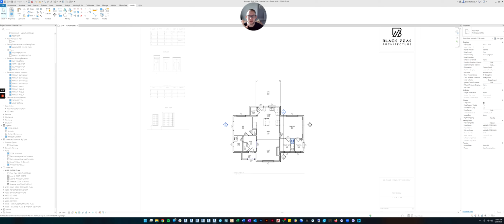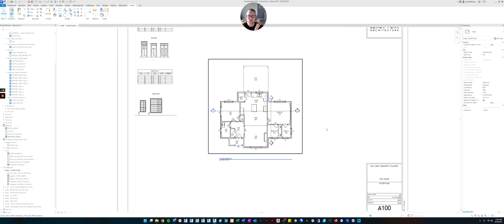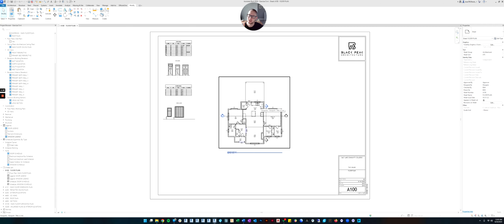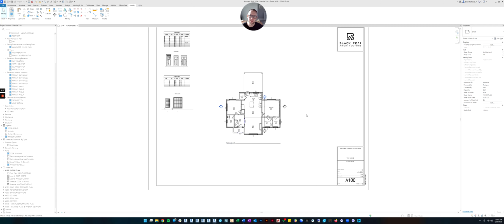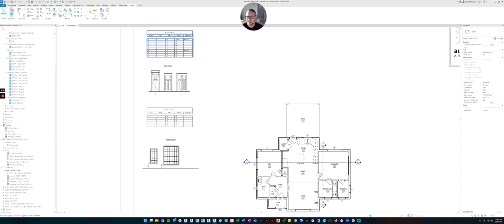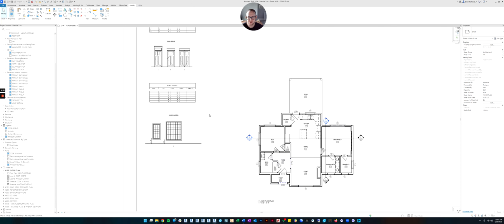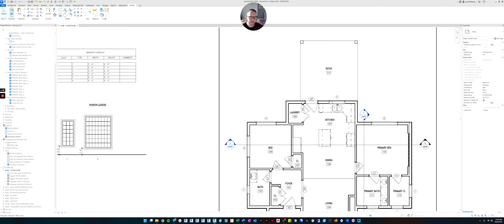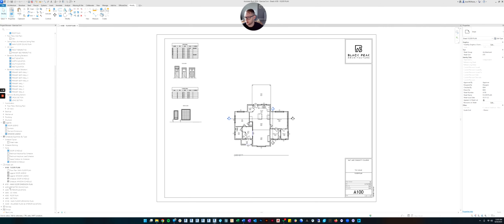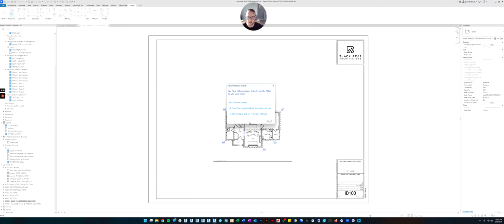So with that in mind, you probably could create this if I just shut the video off now. If you created these first two schedules, you could probably figure out how to create a finish schedule. Okay, but the first thing we're going to do is we've been putting these schedules on the floor plan because that's where we tag the different doors and windows. But for a finish schedule, that would be more appropriate to put on our finish or our furnishings plan.